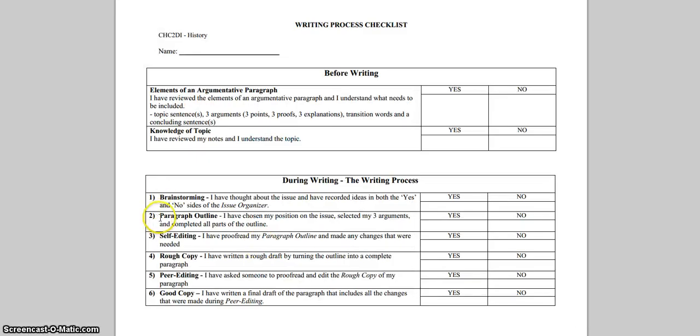The second part of the writing process is the paragraph outline. Once you have completed the brainstorming section and filled in points for both the yes and the no columns of the issue organizer, you are ready to complete your paragraph outline. For the paragraph outline,